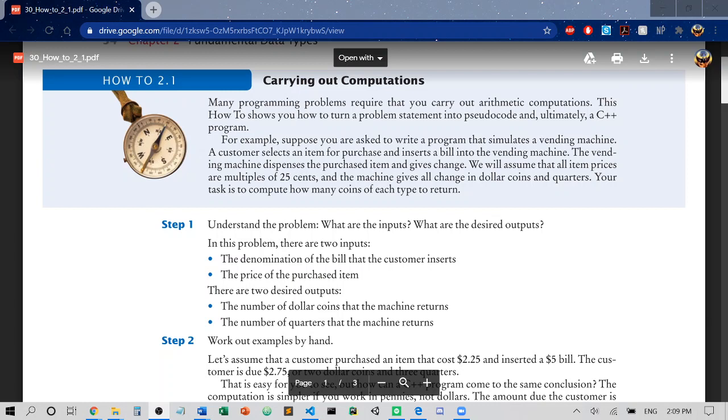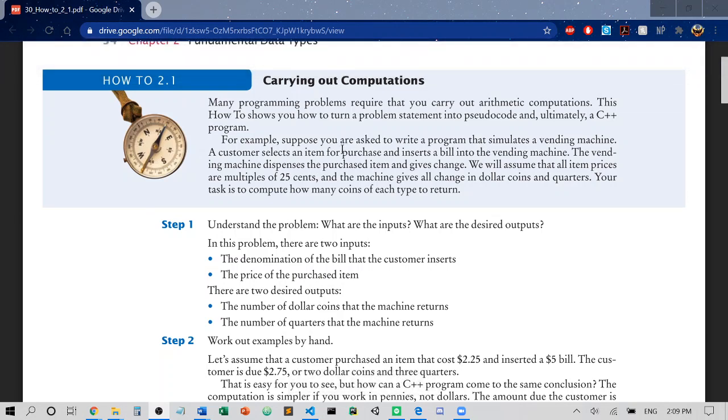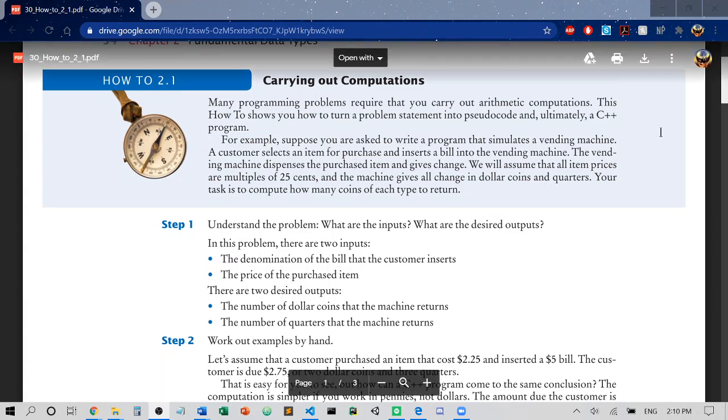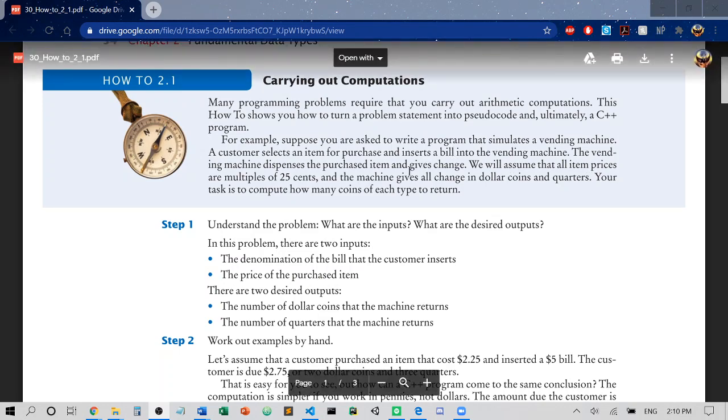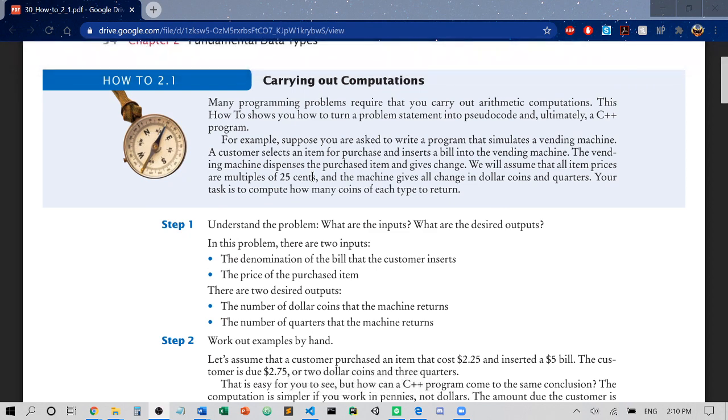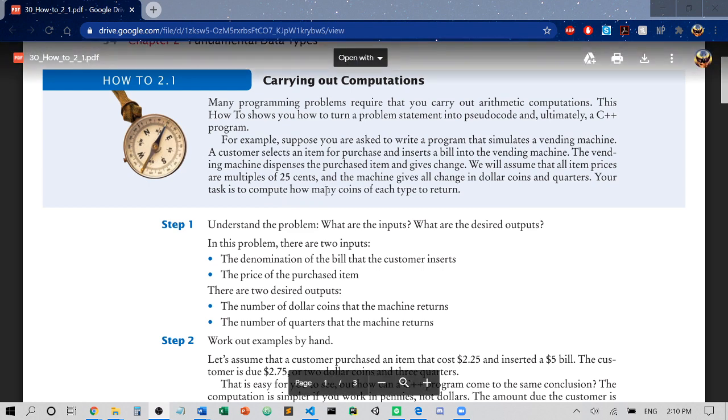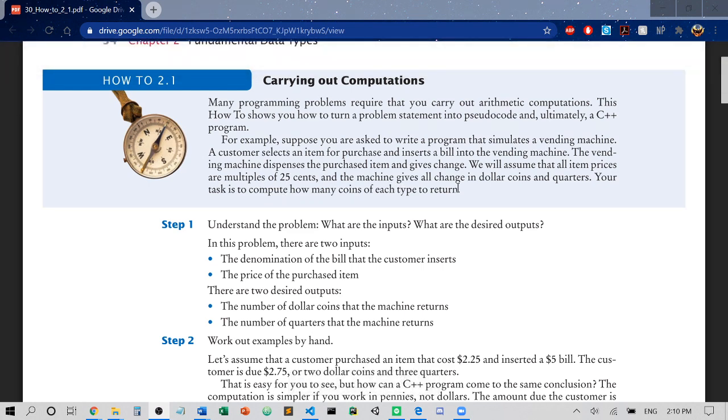In this video, we will tackle how to solve a problem from start to finish based on identifying inputs and expecting outputs. In your textbook and in your 2.1 section, there is a problem listed about trying to simulate a vending machine operation. A customer selects an item for purchase and inserts a bill into the vending machine. The vending machine dispenses the purchased item and gives change. We will assume that all item prices are multiples of 25 cents, and the machine gives all change in dollar coins and quarters. Your task is to compute how many coins of each type to return back to the person